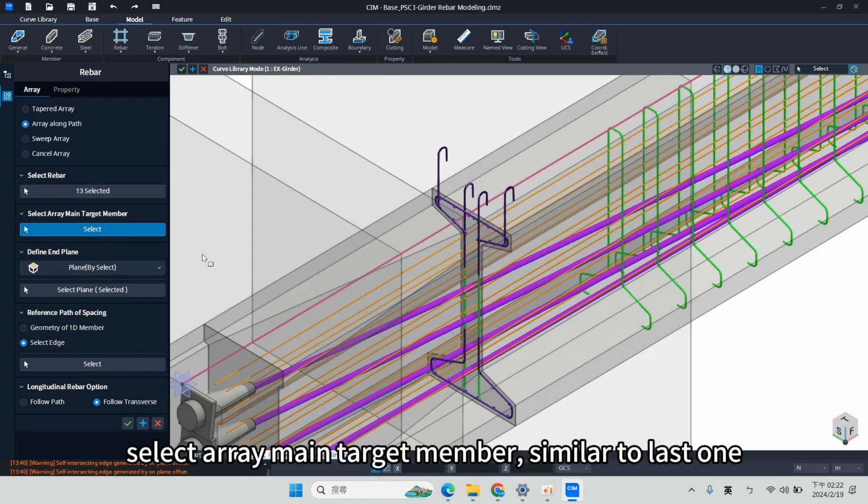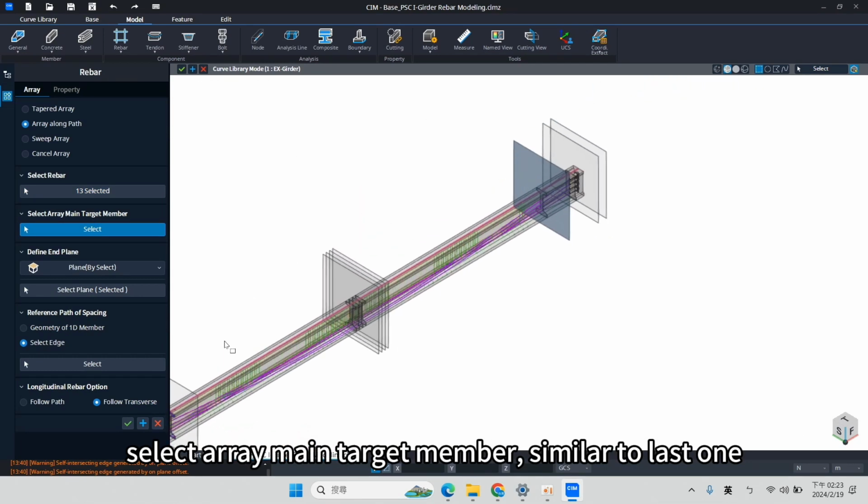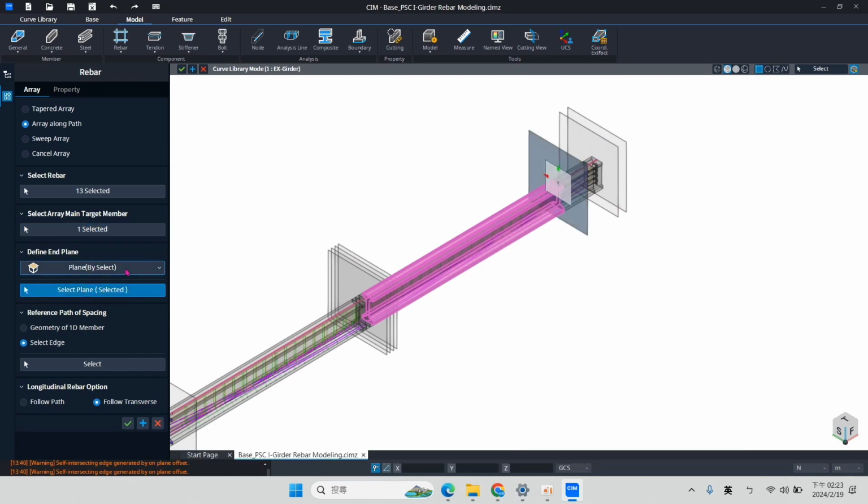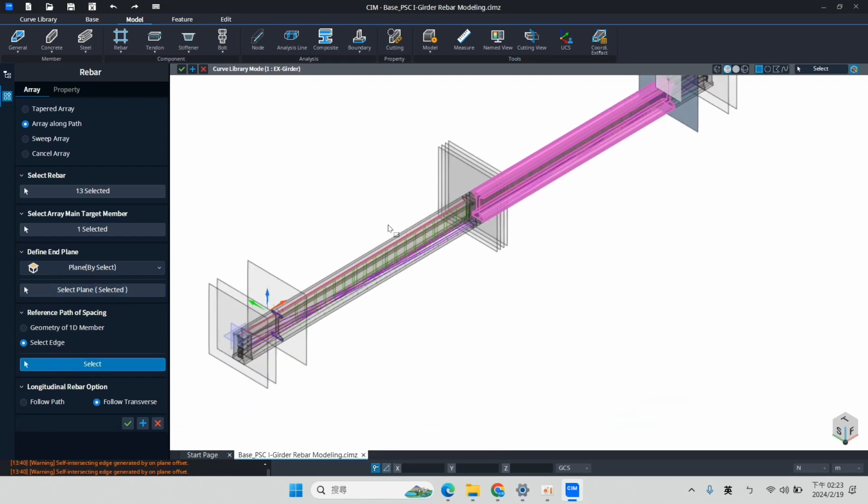You can select array main target member. Similar to the last one, select plane and select edge.